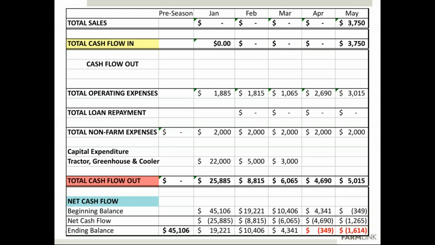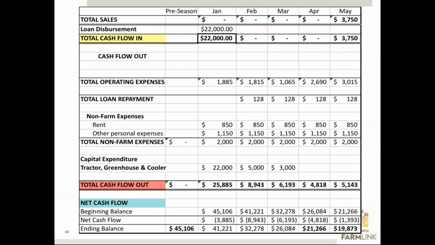And he had the cash, according to this, to cover that. If you go to the next slide, you'll see at the top there's a line for loan disbursements, and so